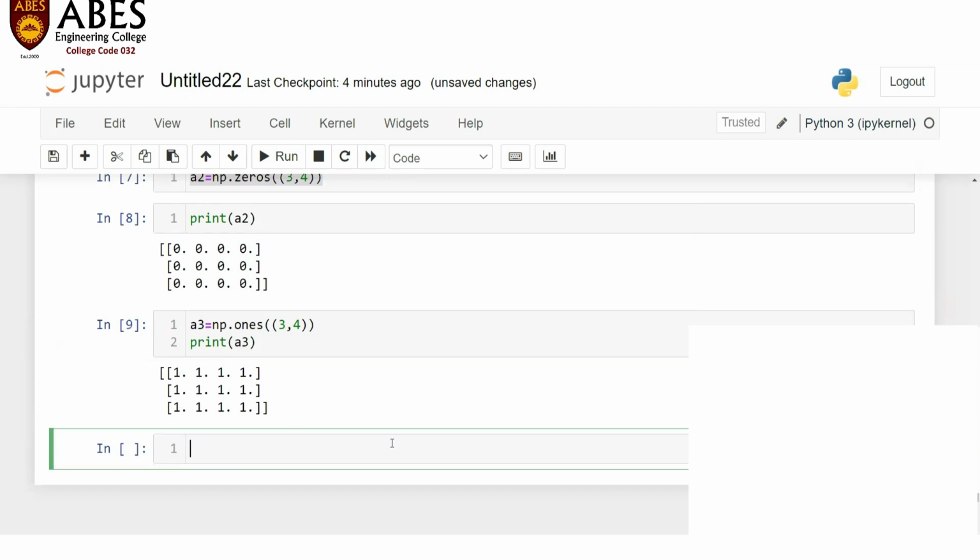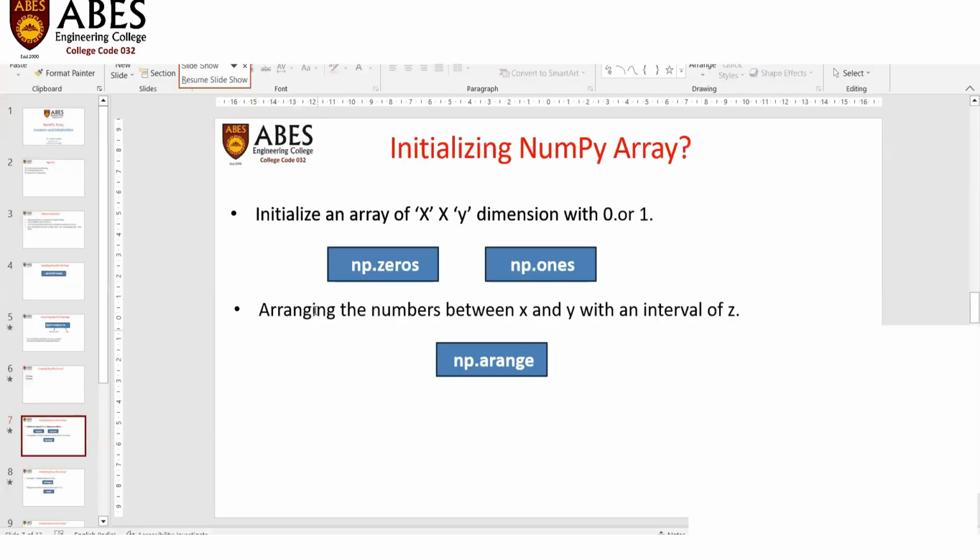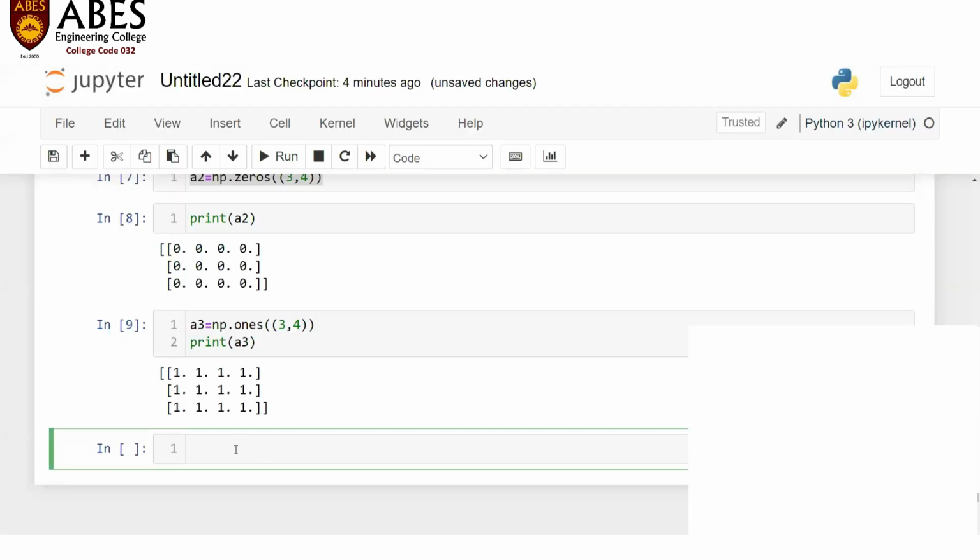So this is the array with 3 rows and 4 columns and all elements having value as 1. Now next we will be creating an array for numbers between x and y. Say if I want to create an array from 1 to 10, so I'll be writing